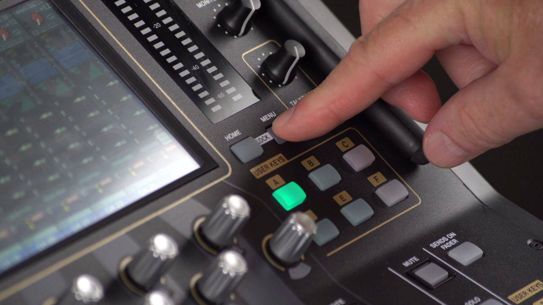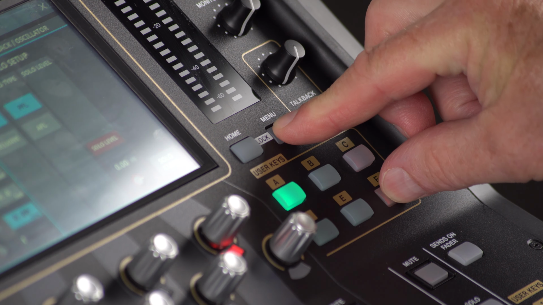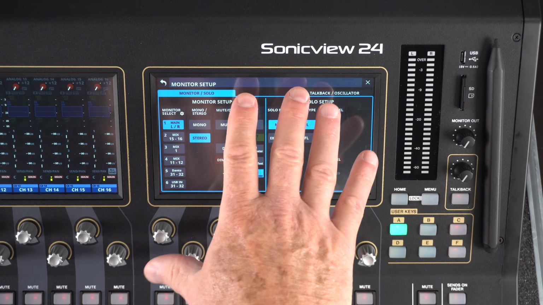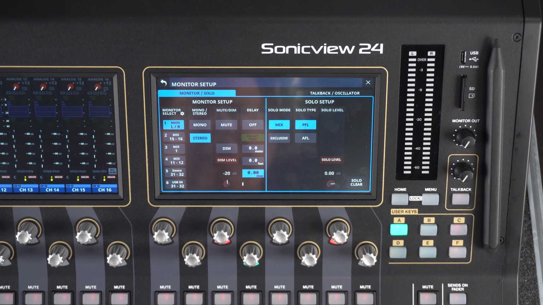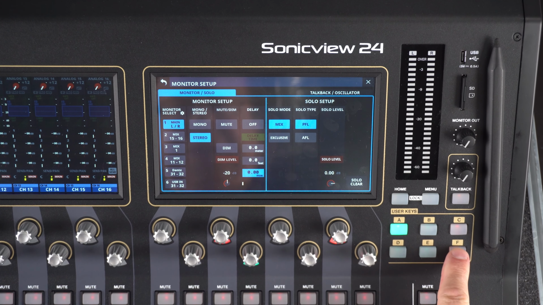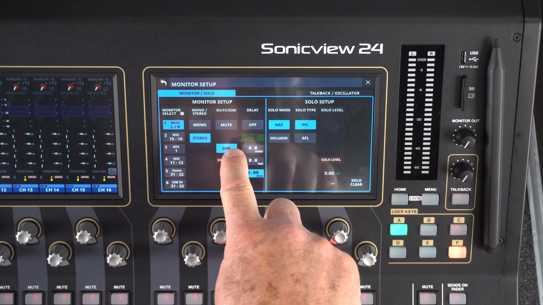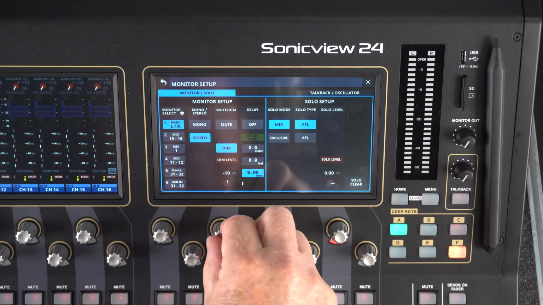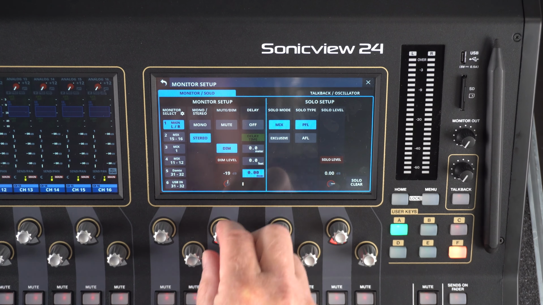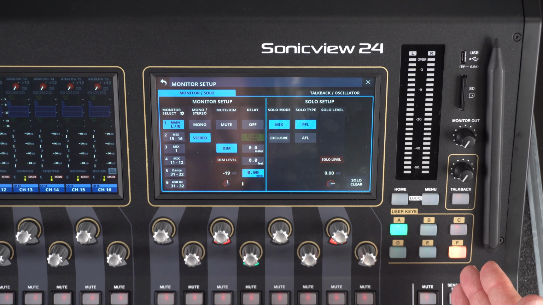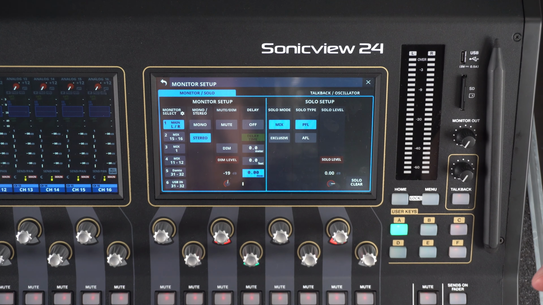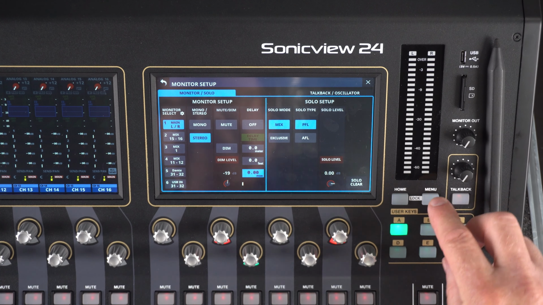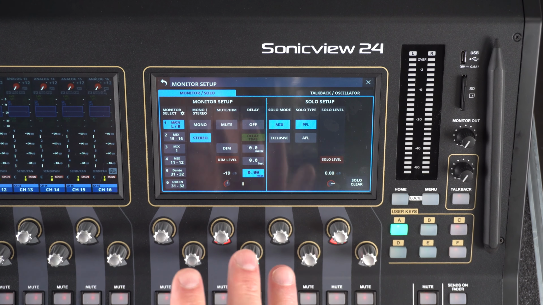If you press menu and user key F at the same time, the function screen will pop up. And in this case, I can now use F. It is dimming the monitors by 20 dB, which you can change, by the way, to any dB level you want. So it is working, but again, it's off, it's on, it's off. I had to press menu and F at the same time if you actually want to see the function.